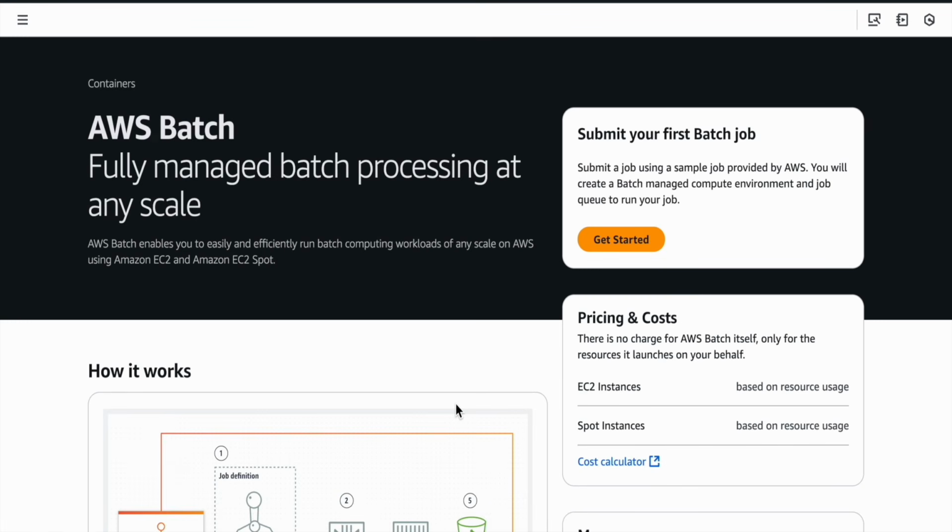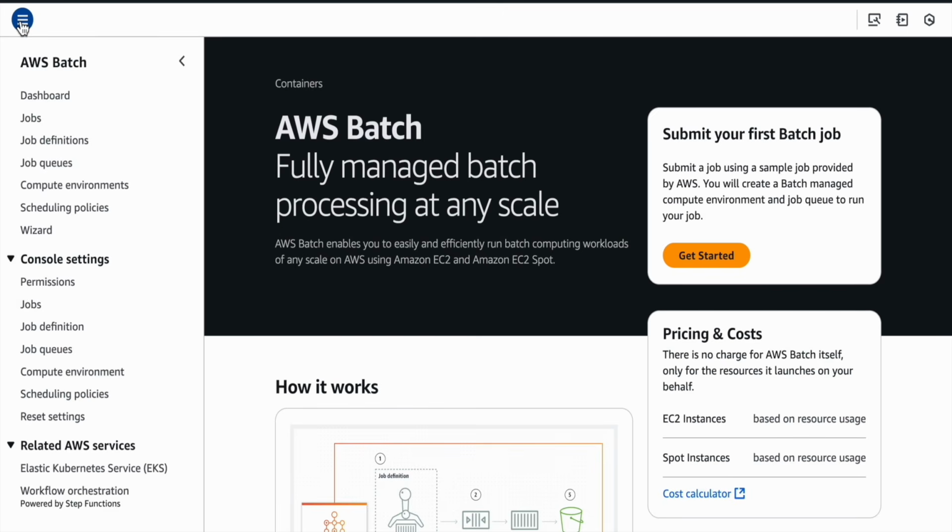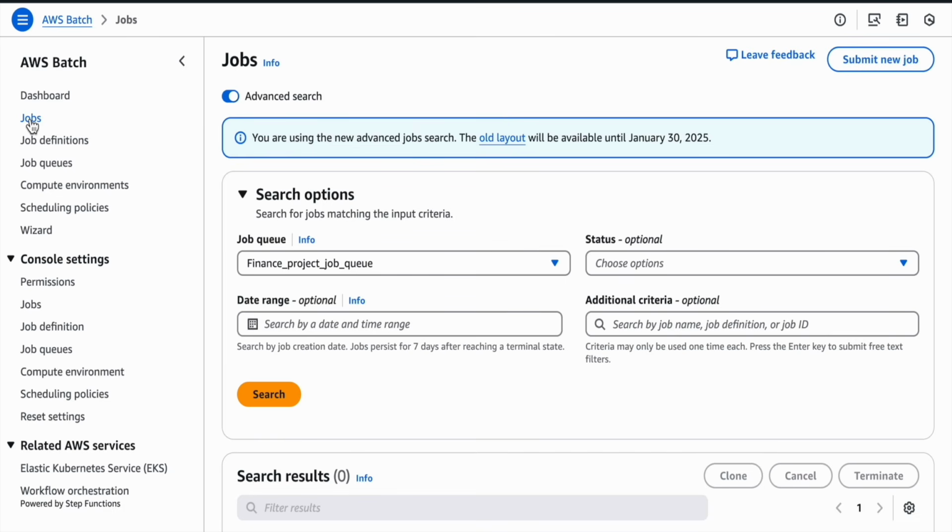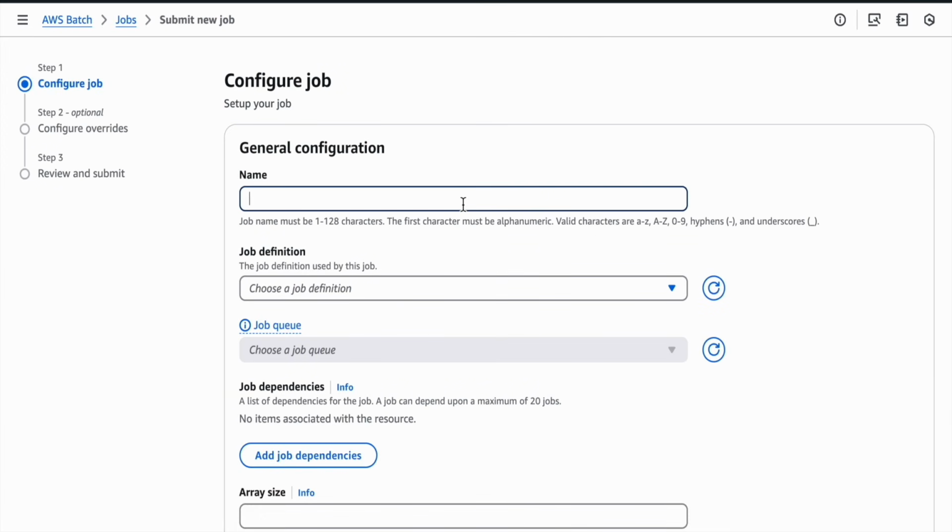Let us do a test whether our failure notification mechanism is properly getting executed or not. So I will just trigger a job that will fail, and in turn let's see if we are getting a notification to our email or not. Now let me go ahead and go on jobs. So inside jobs I will be submitting a new job, the failure